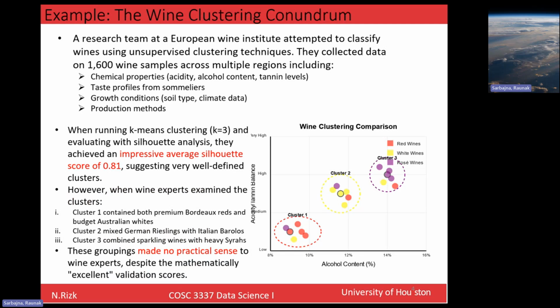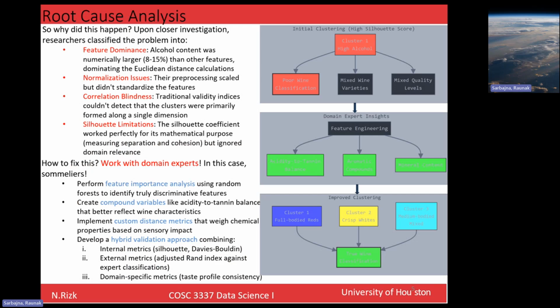And the entire purpose of data science and statistics is to take numbers that correspond to reality. So if they're not matching up, something has gone really badly wrong. So why did this happen? There are two papers, linked somewhere in the slide, which talk about why this was happening. Two of the biggest things: the values of the alcohol content were numerically much larger than the other features. So because one of these features was dominating all the other things,